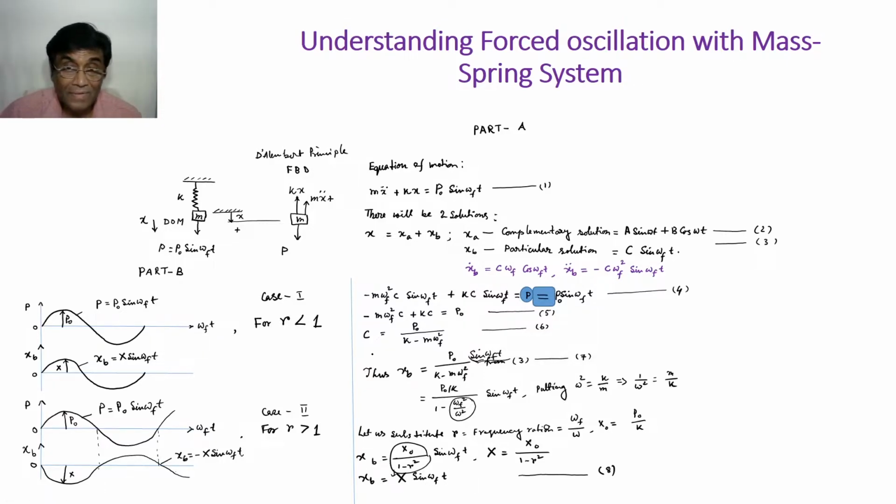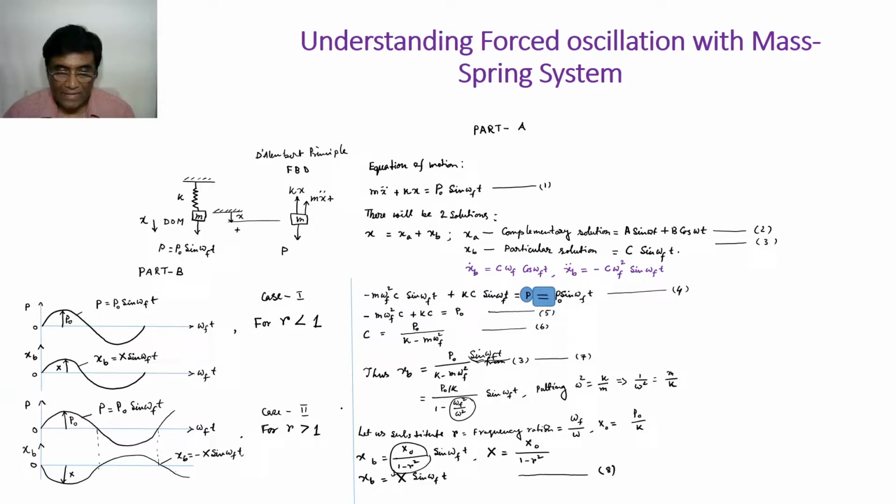So now let us see, this is a solution, right? This is a particular solution. So let us see what happens. Suppose now this is our excitation, sinusoidal excitation, p equal to p0 sine omega f t. If this is the case, then what is happening? X versus omega f t, if we just plot,